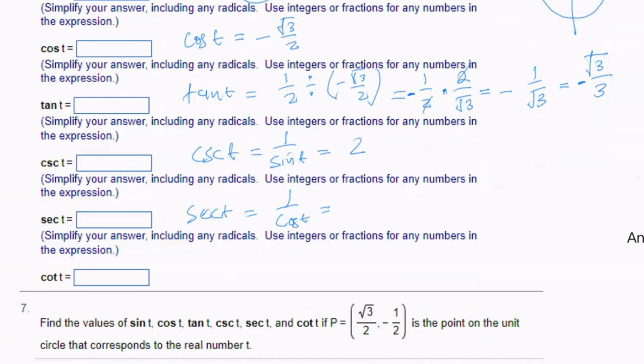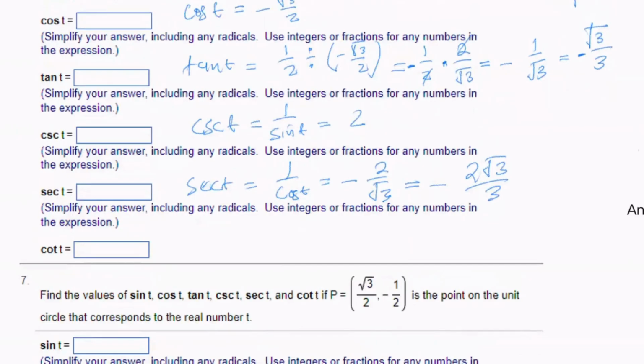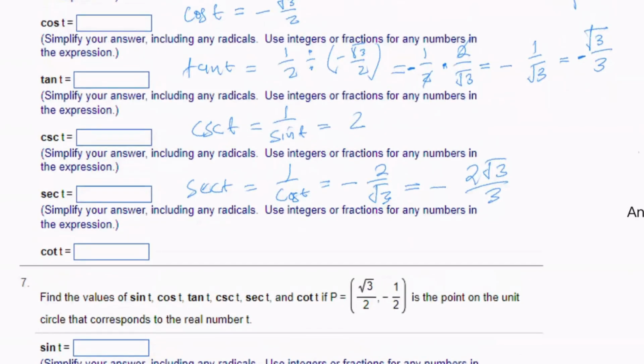This is just negative 2 over root 3. When we write it in rationalized form, we have negative 2 root 3 over 3. Then cotangent, we just look at the value for tangent,